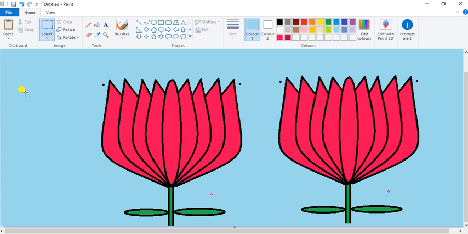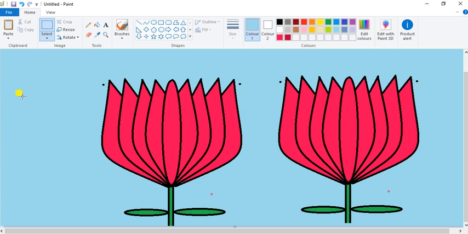I hope everyone understood. Now all of you practice and draw a lotus in Paint and post it. It is not an assignment. If you can draw a lotus properly, then post it in our computer group, in the Microsoft Teams computer group.